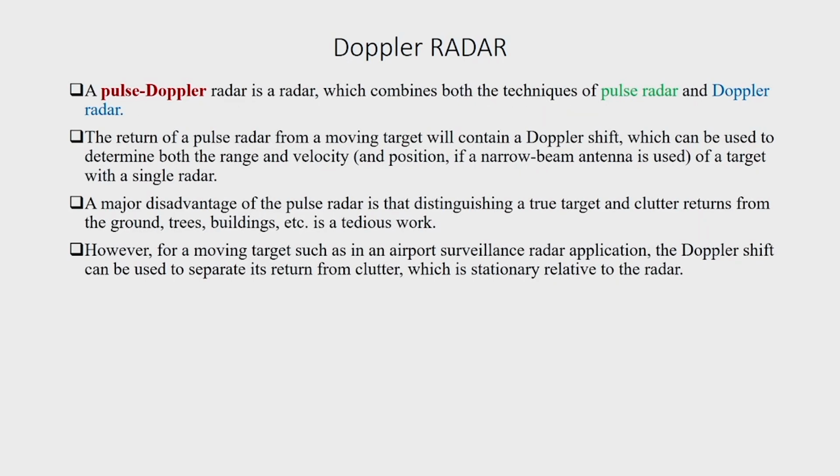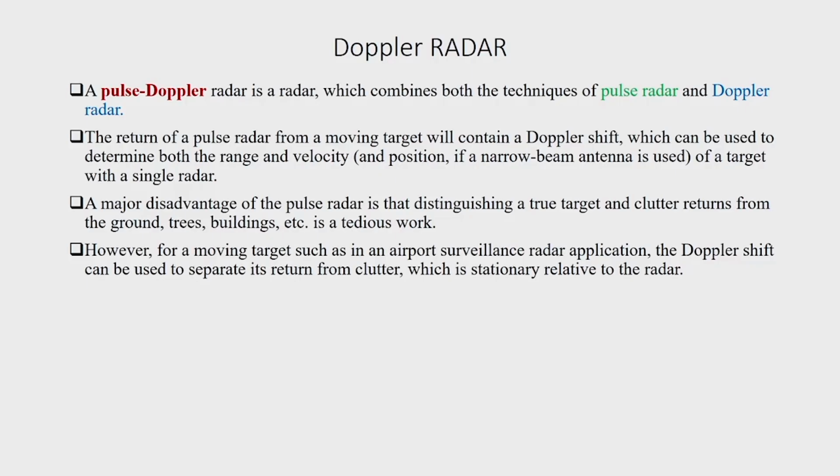A pulse Doppler radar is a form of radar which combines both the technique of pulse radar and Doppler radar. The return of a pulse radar from a moving target will contain Doppler shift, which can be used to determine both the range and velocity and also the angular position if a narrow beam antenna is used, of a target with a single radar. So, by measurement of pulse delay, we can find out the range, from the frequency shift produced in the returned signal,